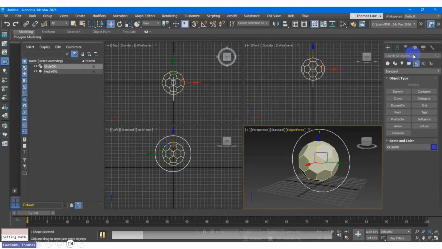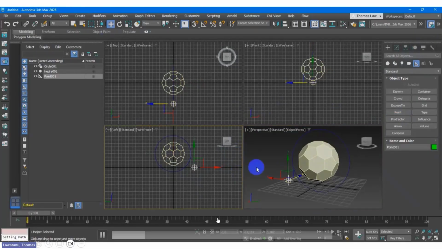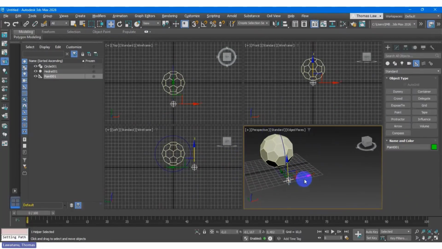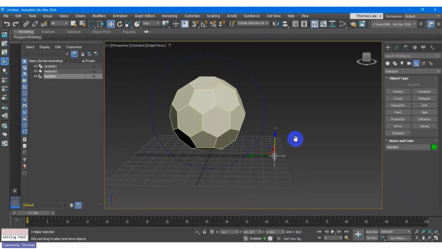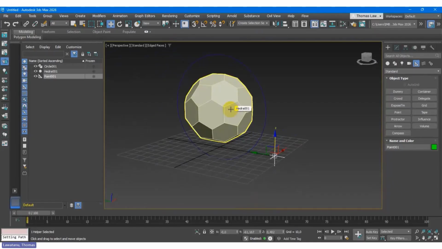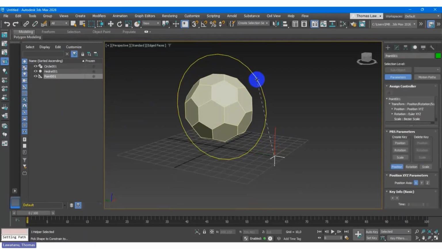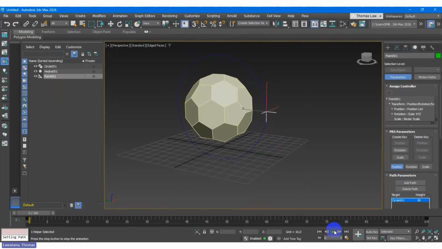So I need a point. That's why this point I attach as a path animation. So I go to animations, path animation, go to the constraint path animation, and then point, and you got it. This is easy. You get the path animation.